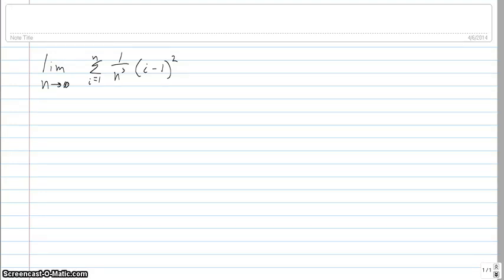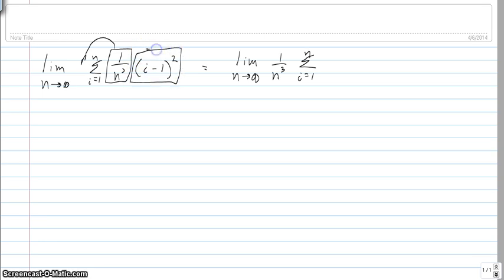Okay, so in this problem we want to ultimately take the limit as n goes to infinity. First thing I can do is, this guy being all in terms of n is constant as far as the sum is concerned, and so we can pull that out of the sum. We pull that out of the sum, and then to simplify the expression in the sum, I'm going to take this guy and just multiply it out using the FOIL method. And if we do that,